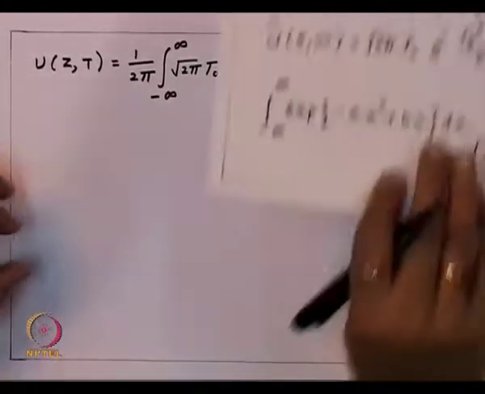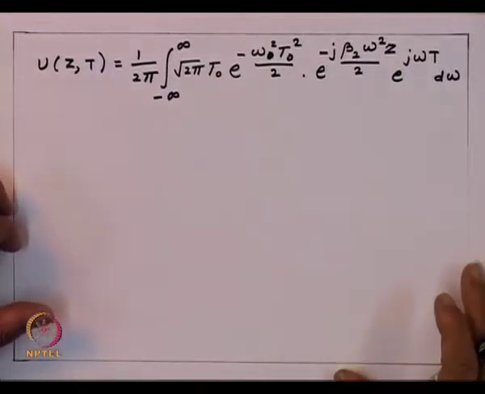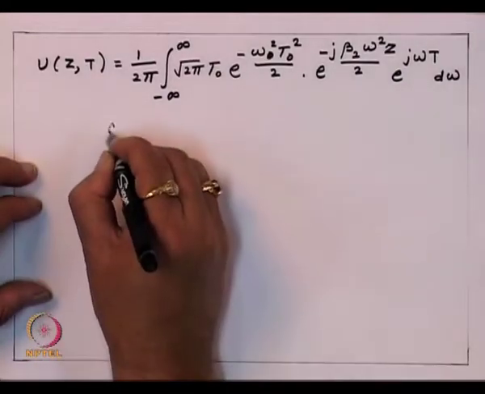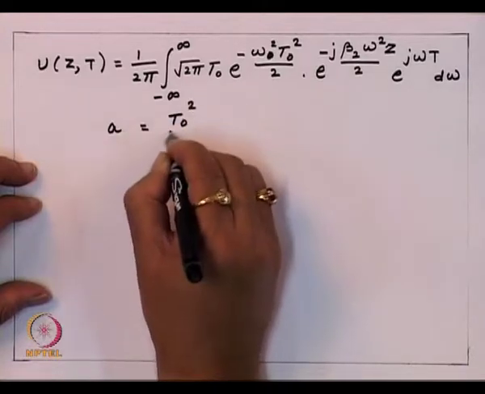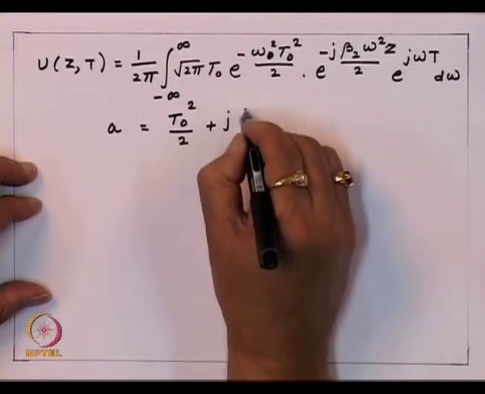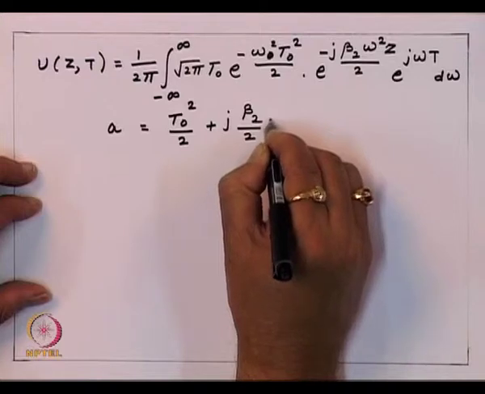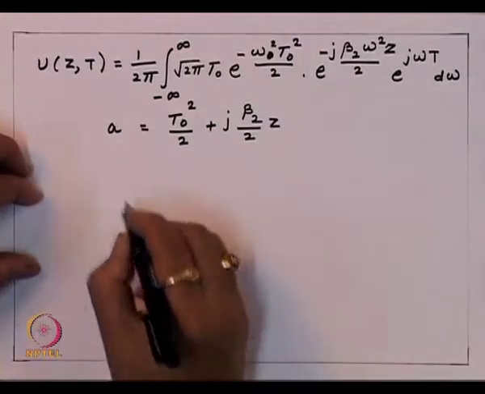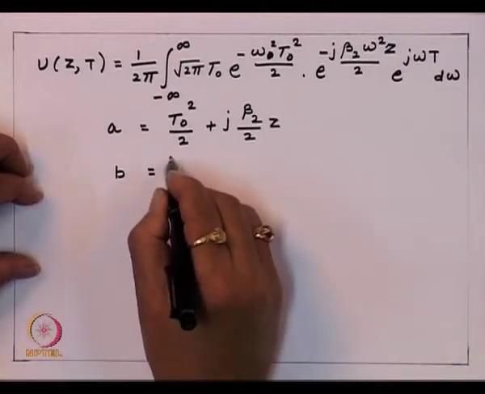So, if I compare this expression with this expression here of the standard integral, we get a, which is t 0 square upon 2 plus j beta 2 upon 2 z, and b j times